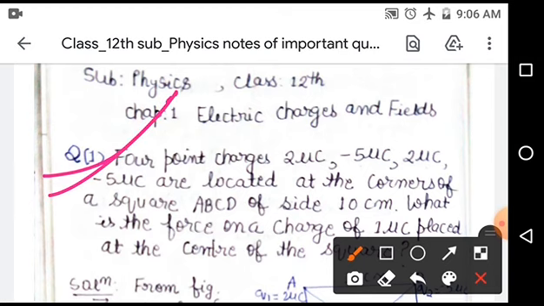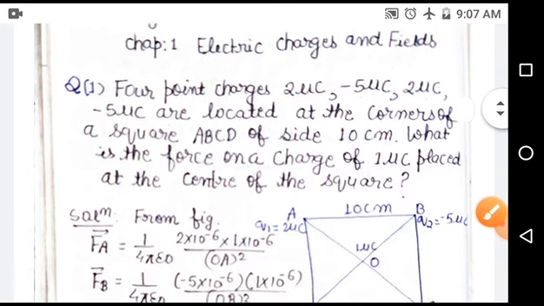Four point charges 2 microcoulomb, minus 5 microcoulomb, 2 microcoulomb and minus 5 microcoulomb are located at the corners of a square ABCD of side 10 centimeter. What is the force on a charge of 1 microcoulomb placed at the center of the square? Now the solution of this numerical problem is,